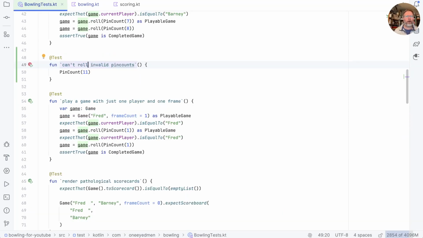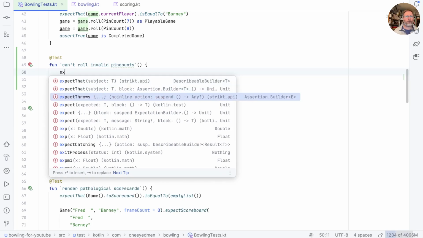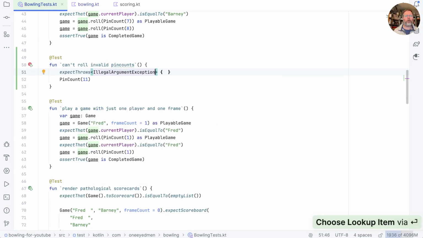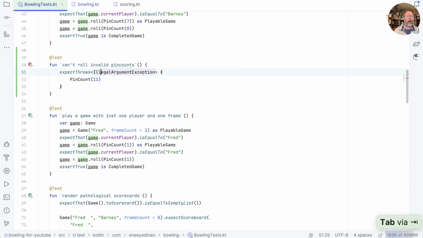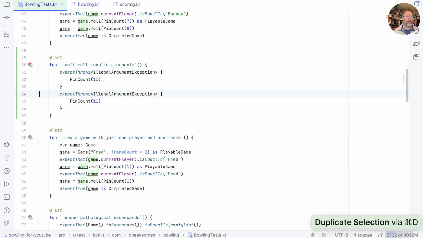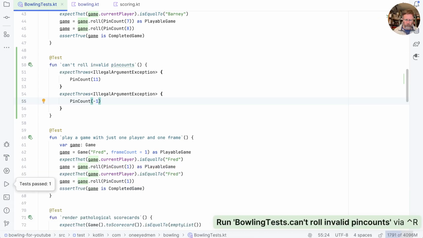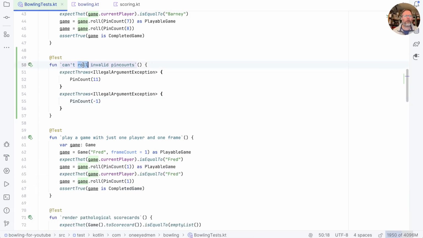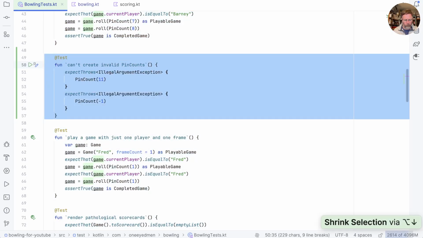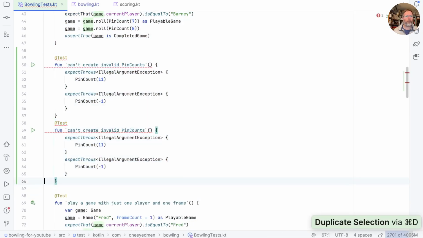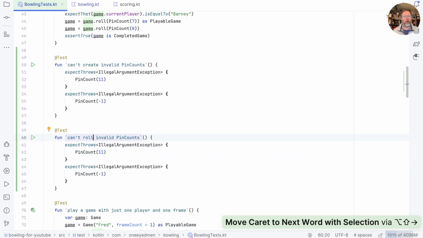Let's lock that behavior in with a test, so we can say expect throws illegal argument exception when we do that. And by the same token, we expect -1 to fail as well. Good. I think maybe we'll call this can't create invalid pin counts for the actual object, and then create another test to show that we can't combine them invalidly. So this is can't roll invalid pin counts,